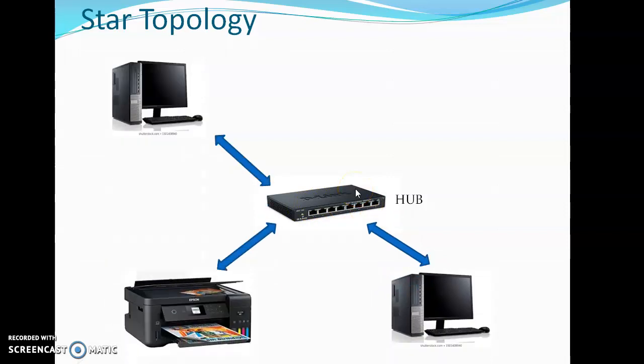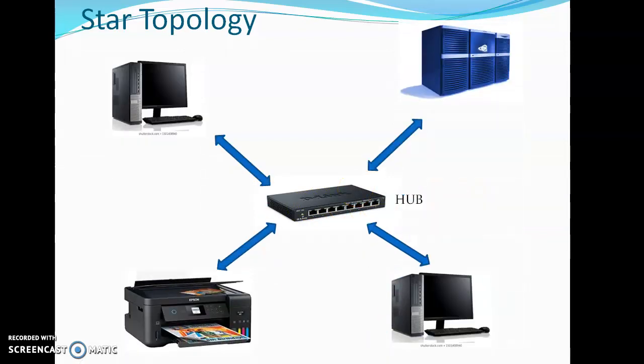Fine. So it can be this, it can be another printer. Fine. This is also a local area network. So whenever a message is sent, say from this machine to the hub, the hub will broadcast. When I say broadcast, I mean the message will be transmitted to all the other devices that are connected to it. So fine, that is how the message will be transmitted in case of a star topology.